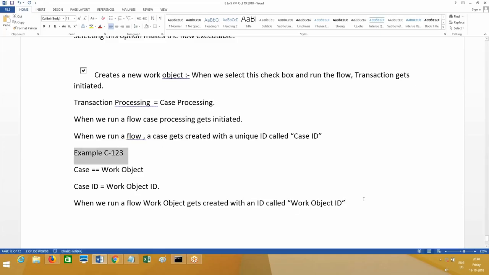This terminology you should get while you are saying something about work objects and all. For that you need to read it multiple times. You have to speak PRPC in PRPC terminology only. Remember that. Otherwise it will be there in your mind, but you cannot speak it out or express it. So when we run a flow, a work object gets created and a work object ID will be created.